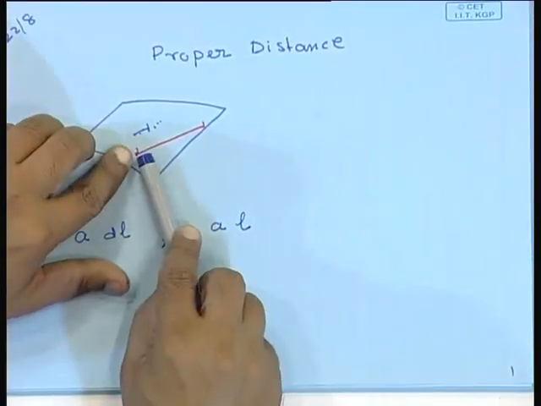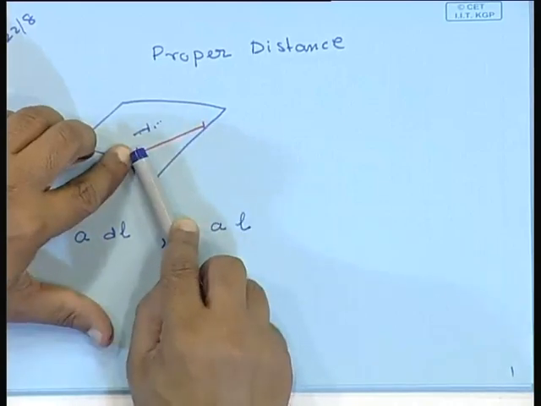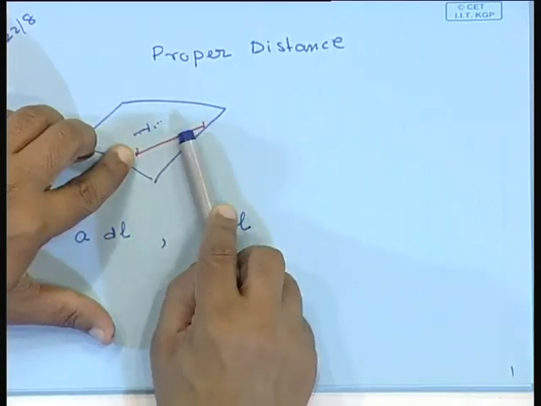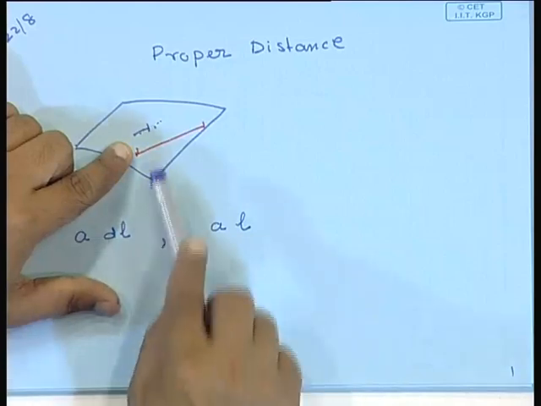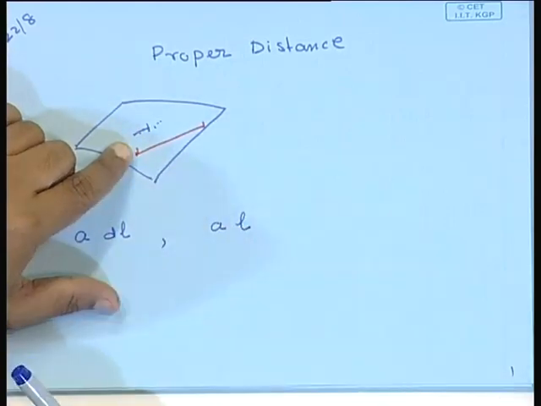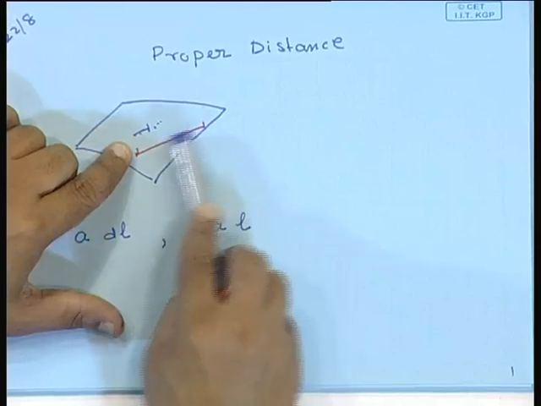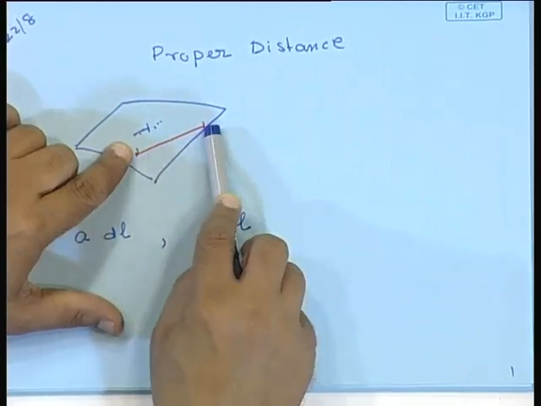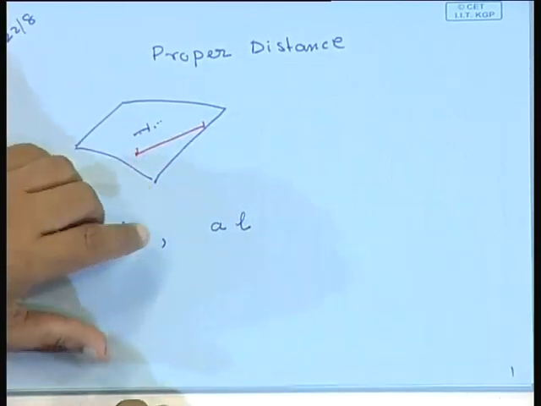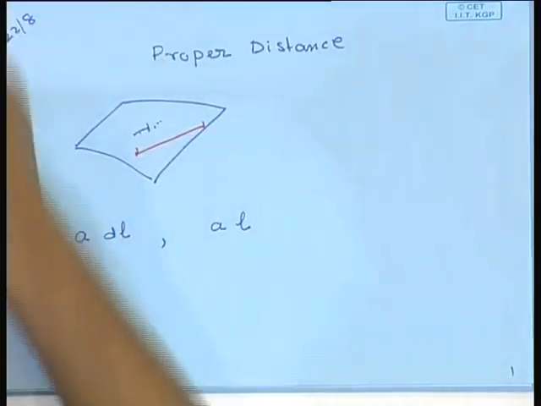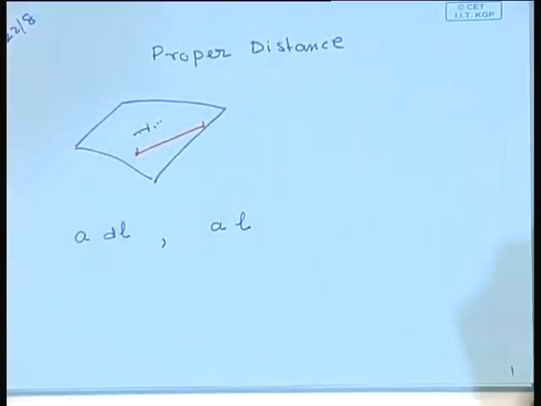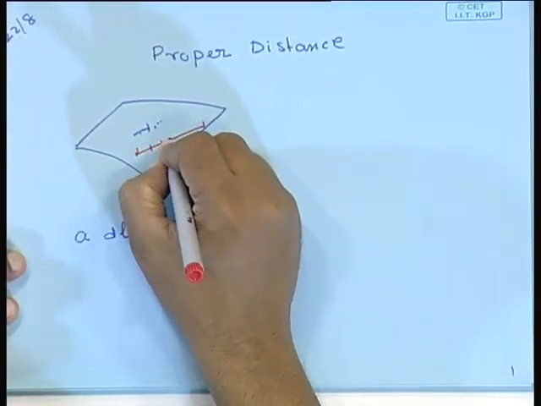If I were to send a light pulse from here to here, it could take a large time, and during that time interval the universe would expand. So, the scale factor would change. So, you could not measure this proper distance by sending a single light pulse from here to here and then sending it back, no. So, conceptually what you have to imagine is that there are several observers located along this